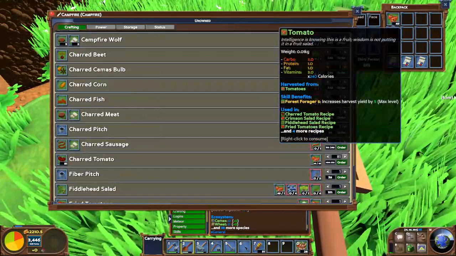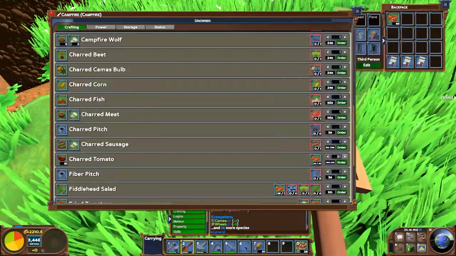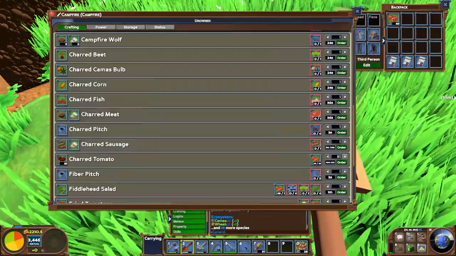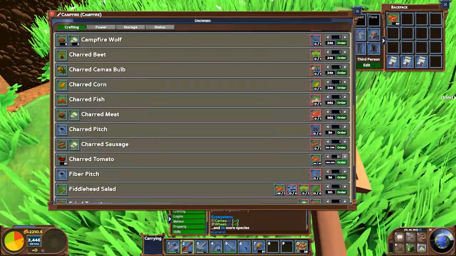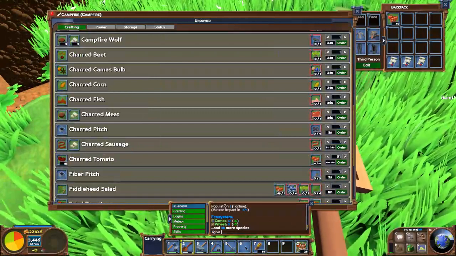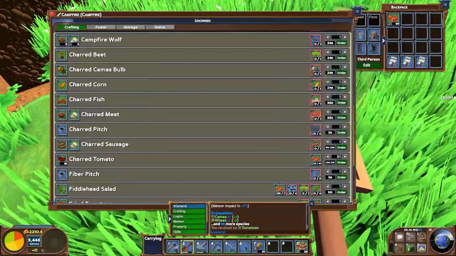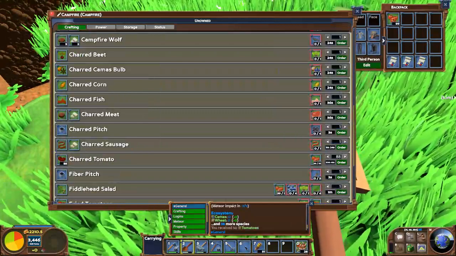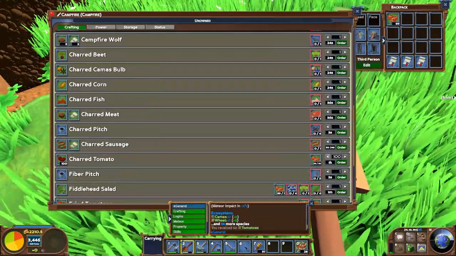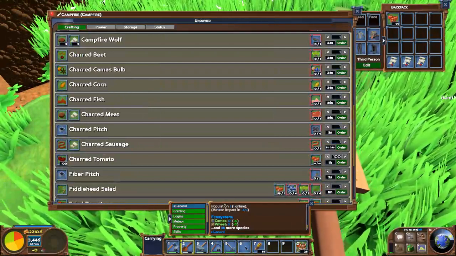A regular tomato gives 240 calories and very poor nutrition. A charred tomato gives more nutrition and is double the calories. And it'll take nearly an hour to do this much, so I'm gonna give myself more tomatoes. Hey, why not? Alright, so 100 tomatoes that are charred takes an hour